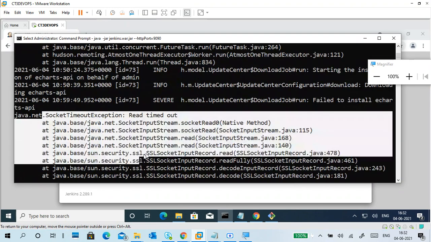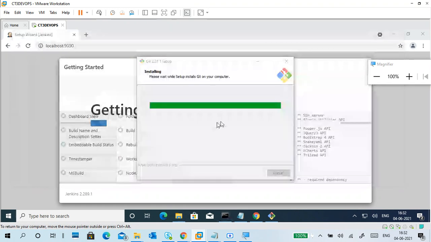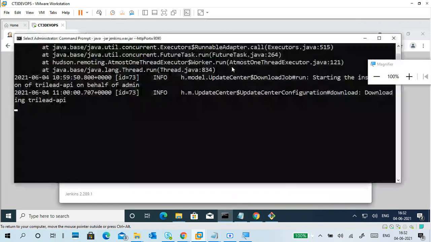See, there is a timeout, an internet effect. I forgot to do one thing: I didn't disable my Windows update. Now I can't do it. I think the update is going on in the background. That's why the system is slow.